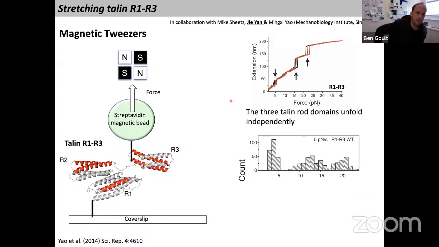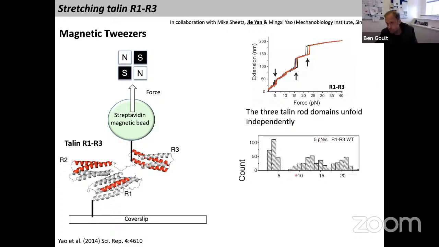And I'm not going to show a lot of the single molecule data, but this is just to give an example: as we hold our molecule here, as we start to pull on it by moving the bead away, then we increase the force along this x-axis and the molecule starts to get pulled taut. But as you pull it taut, you see these big transitions, these steps. These are each of these domains unfolding completely independently. So here we're stretching 3 domains and we see 1, 2, 3. So each one of these is a switch which is independent of the others. They unfold and refold independently. And this is 6 cycles. So you stretch it till it's completely spaghetti, let go, and then pull. It immediately resets itself if there's nothing else to limit it.